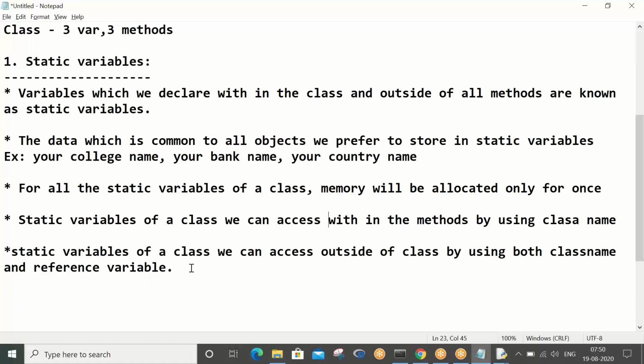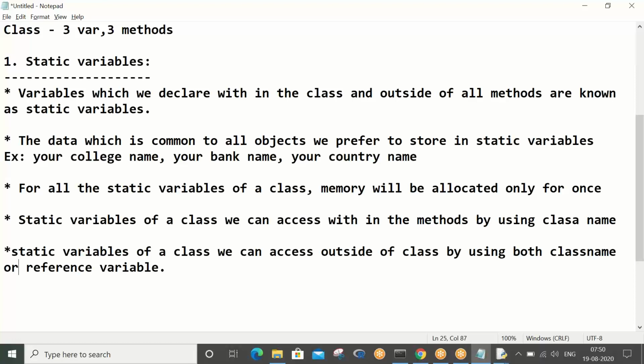And the static variables of a class we can access outside of the class by using both the class name and a reference variable. Class name or reference variable, both will work. That is the point.